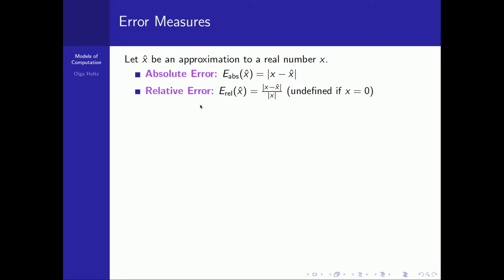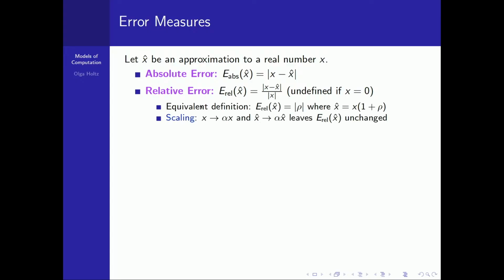And so a more accurate measure that is actually going to scale correctly, that is invariant under scaling, is the relative error, which will be undefined if your true value happens to be 0. That would be an exceptional case, something to handle specifically within your specific arithmetic.